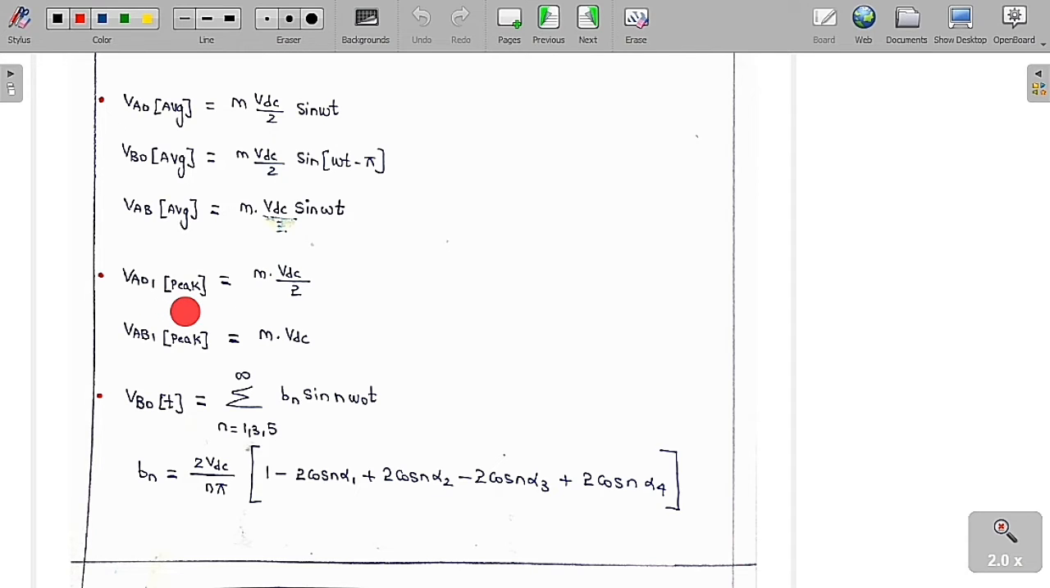So if you want to find the peak value of the fundamental component of the average value of this pole voltage, it is equal to M VDC by 2. Similarly, the peak value of the average line voltage is equal to M into VDC, which is this one. So, as I have already shown in the graph,